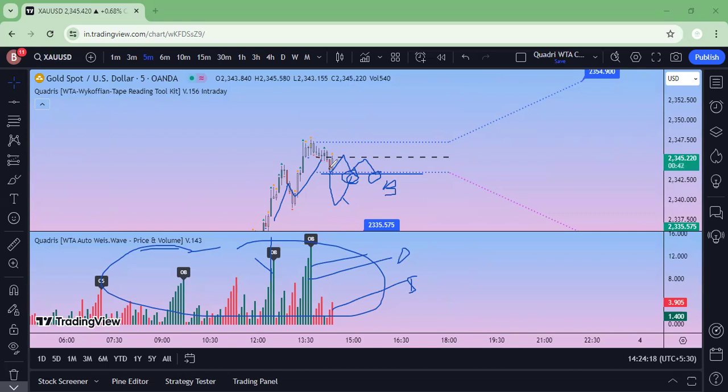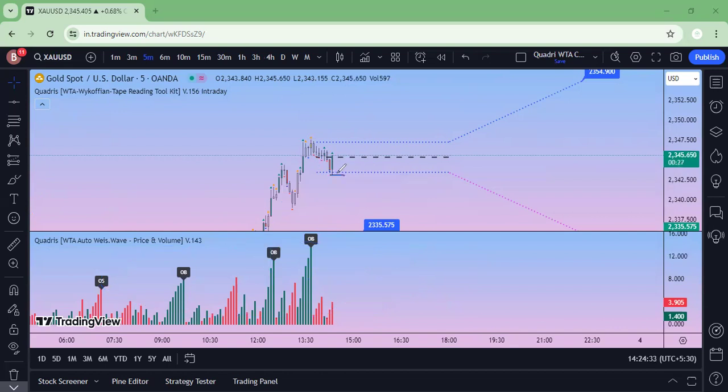If a breakout or a breakdown is happening, I don't advise any trader to sit blindly. See what is happening over here. This is the point I was trying to convey. If you would have shorted over here, then price again came back into this range. So this is a very reactive range because it takes a lot of pressure from price and volume, and it gives us an indication whether there is a sense of an uptrend scenario or a downtrend scenario.